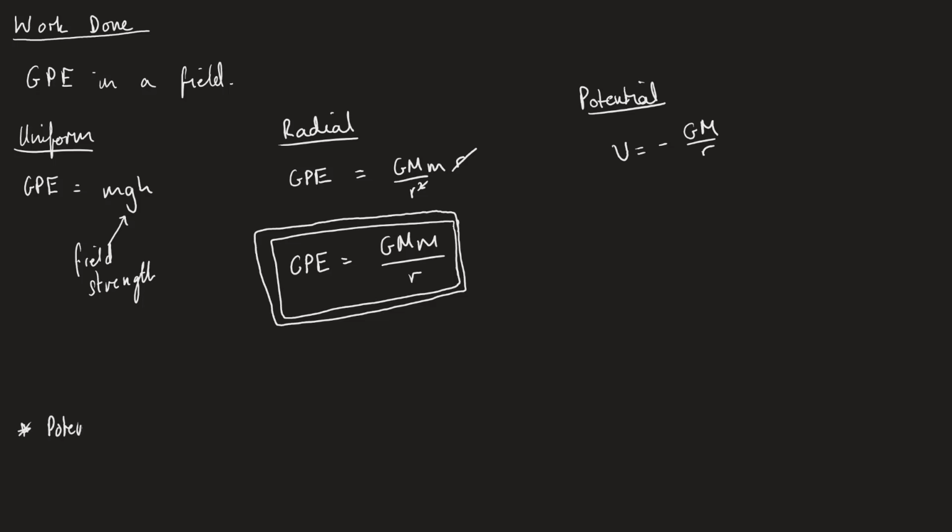Potential energies can be negative. That's just because if our potential starts off being negative and we're multiplying by a positive mass, we're always going to get a negative potential energy. So this means that I can write the potential energy, GPE, as just m times V. I'm just going to have the mass multiplied by the potential. So we can think about it this way, but there's a similar equation to this on the formula sheet,